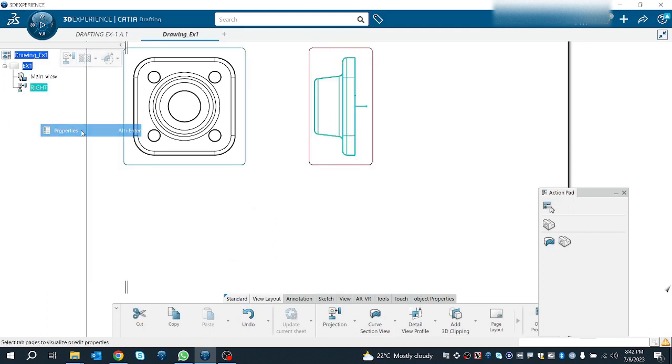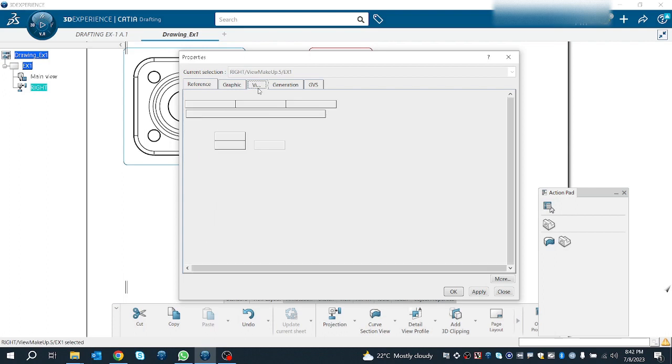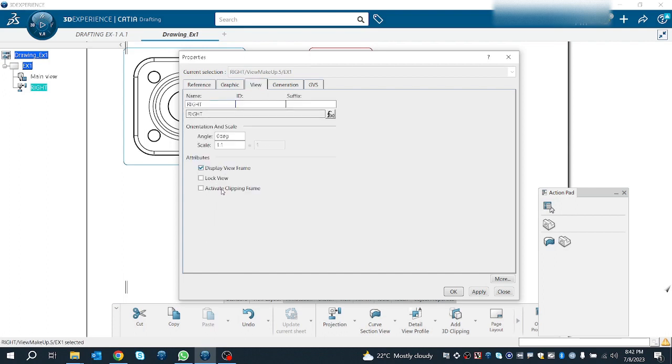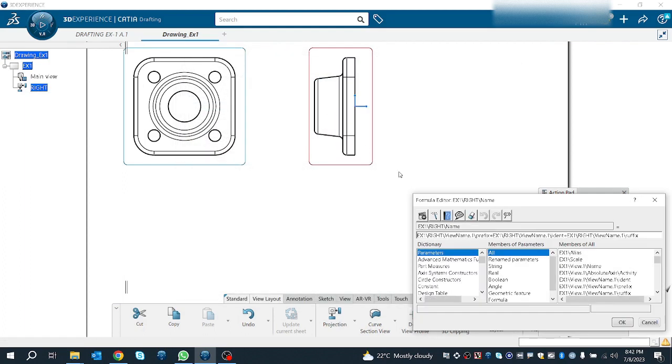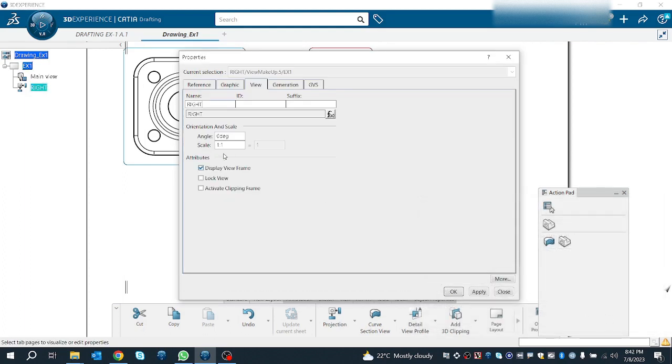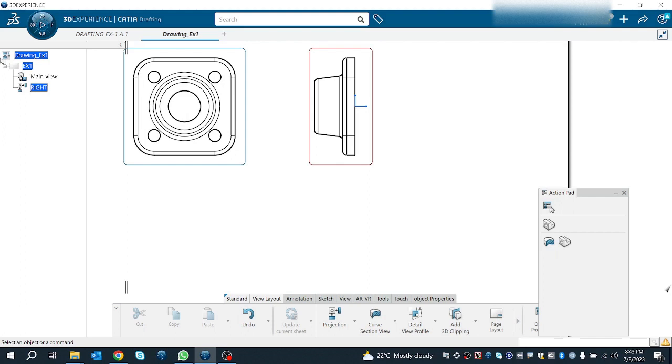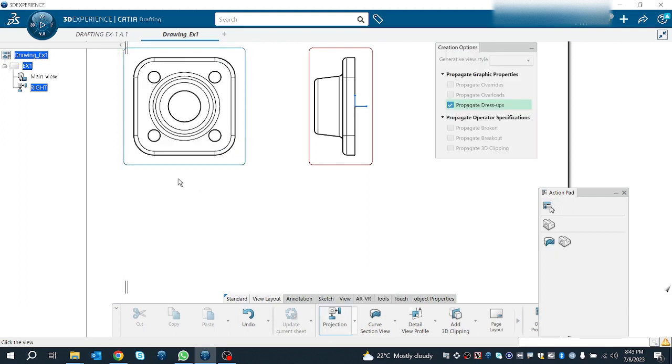You can go to these properties, view, display the view frame. This is the right side view, and apply. Now similarly I want the bottom view,